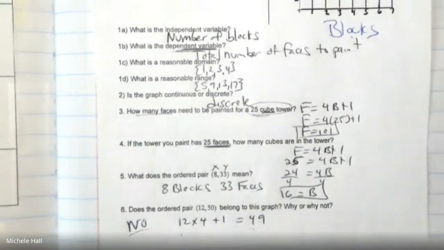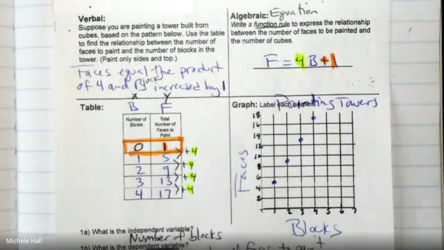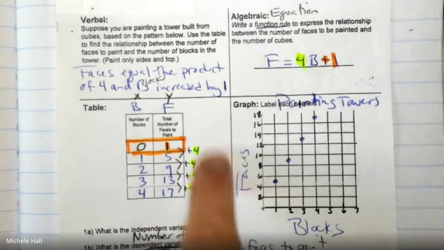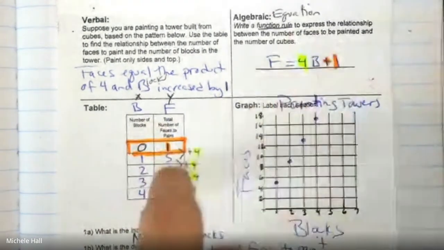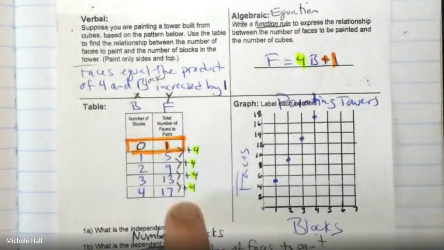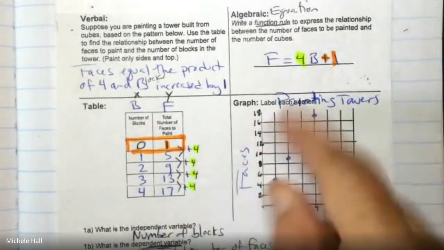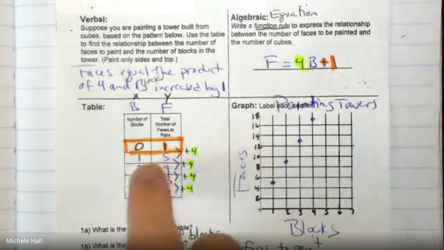Okay, so I will be referring back to this page, especially when it comes to writing a function rule. Some people can come up with a function rule pretty easily, and other times it's difficult. So if you have this pattern on your paper, and you've made a connection to when I see a constant rate of change here, where that number goes and where the 1 is coming from,